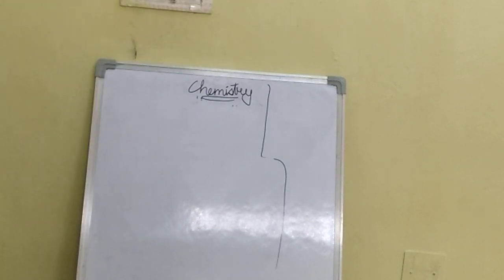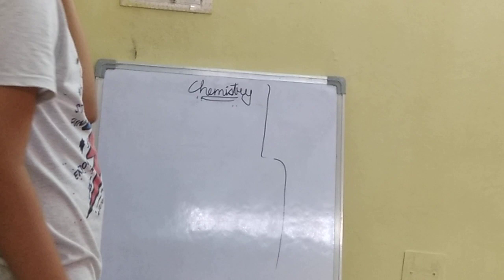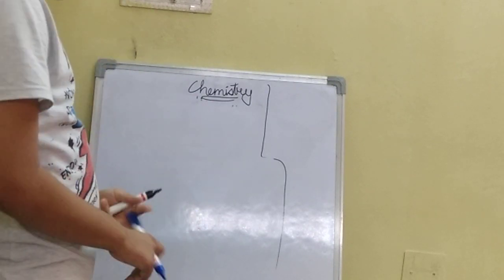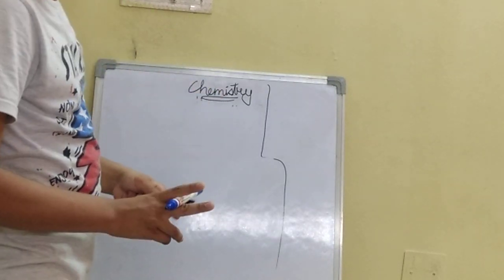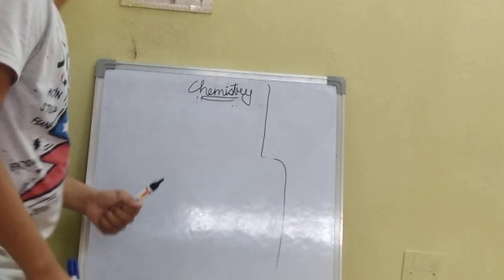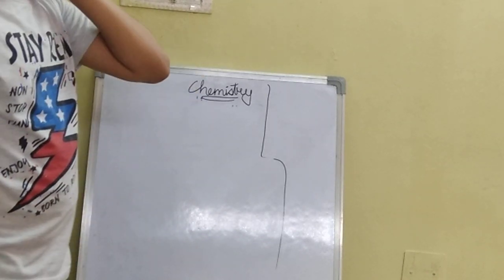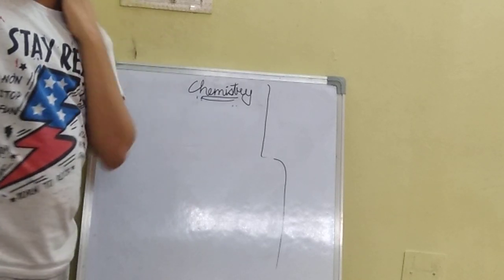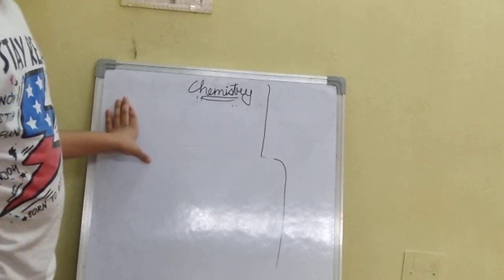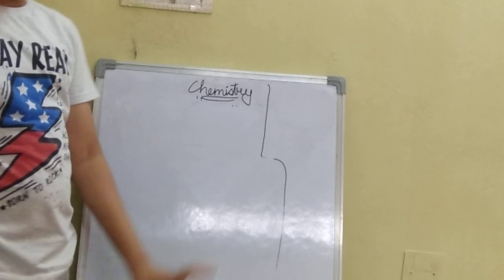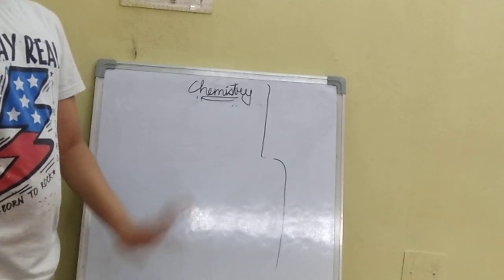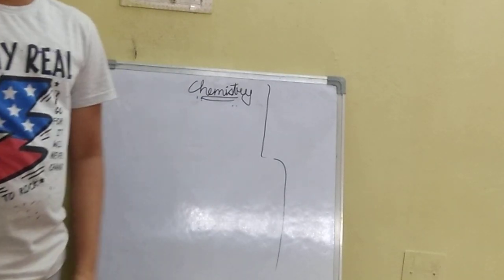Next topic is, before going to the topic, you learn the periodic table. From 1 to 30 elements, you should learn the atomic number and the atomic weight of the periodic table. Atomic weight is nothing but mass. You should learn the atomic number and the atomic mass of 1 to 30 elements. Tomorrow we'll discuss that.